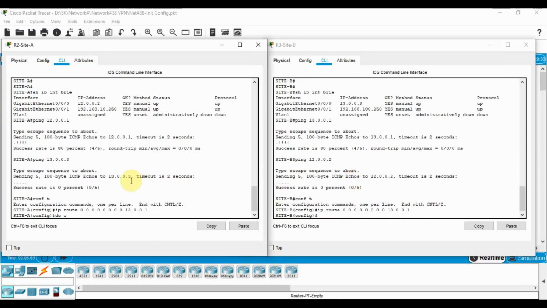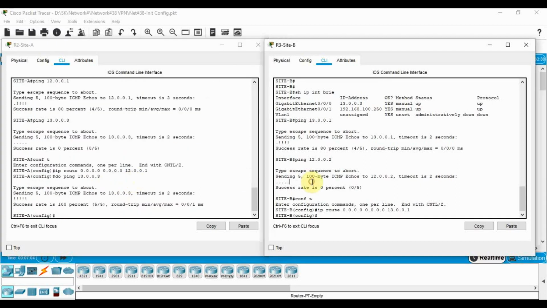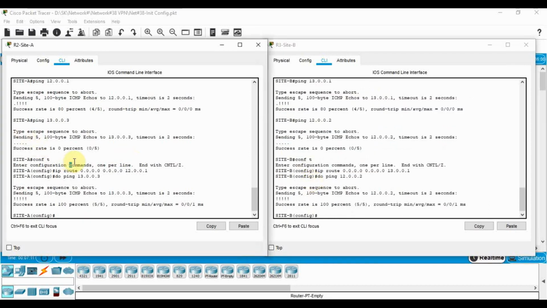And now we have a ping between site A and site B. And here we go, we have a full ping to 12.0.0.2. Very good. So we go into configuration, and as mentioned in the overview, we're starting with ISAKMP Phase One